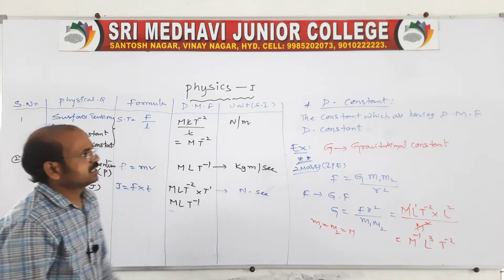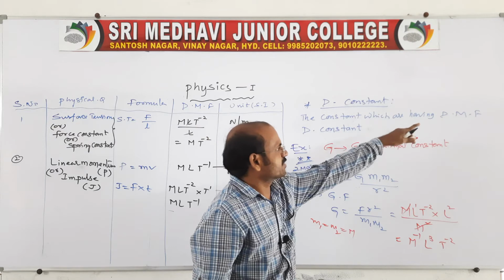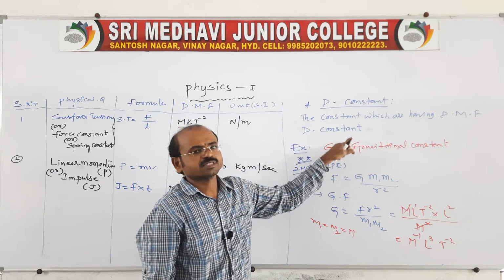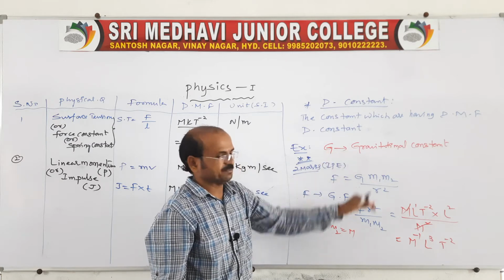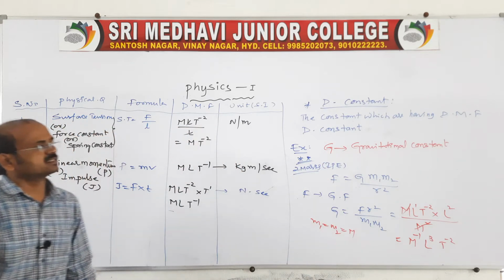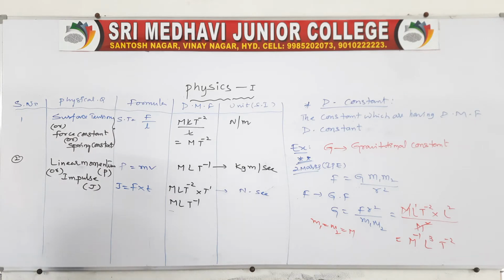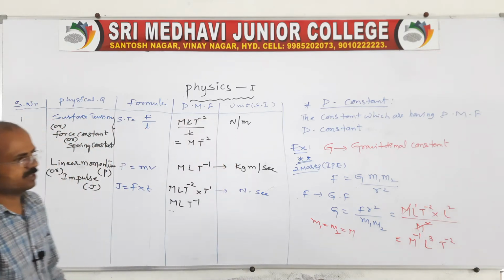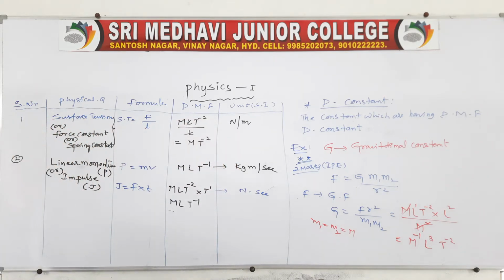That's what I am telling. The constants which have a dimensional formula we can call dimensional constants. One example is this G. This is a very, very important dimensional formula, about the gravitational constant capital G, right? Again this will come in the next chapter, gravitation, no problem, but you remember here, because we are writing the dimensional formulas, we should remember the dimensional formula for the gravitational constant.